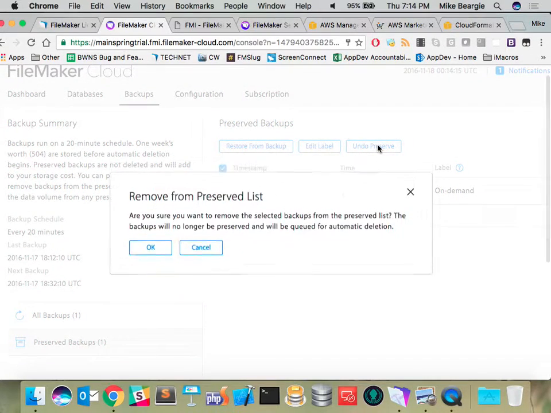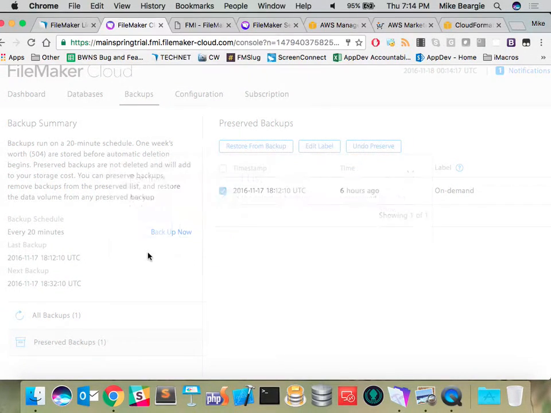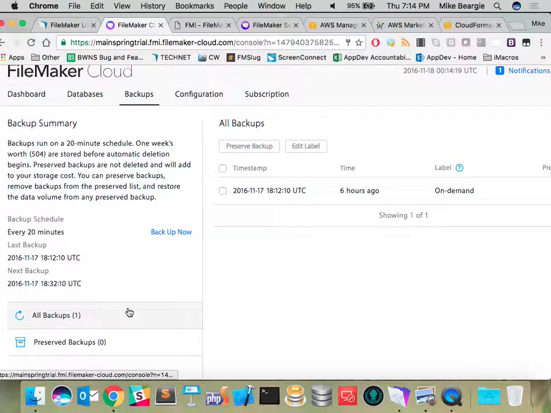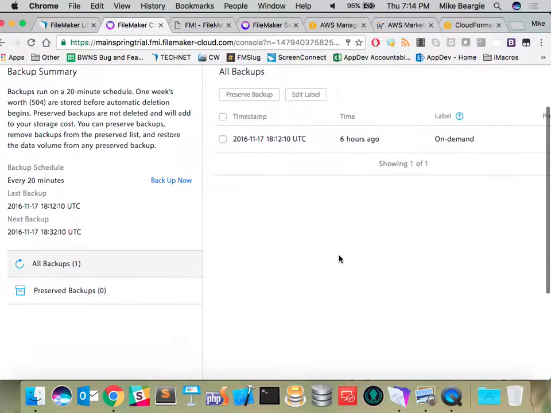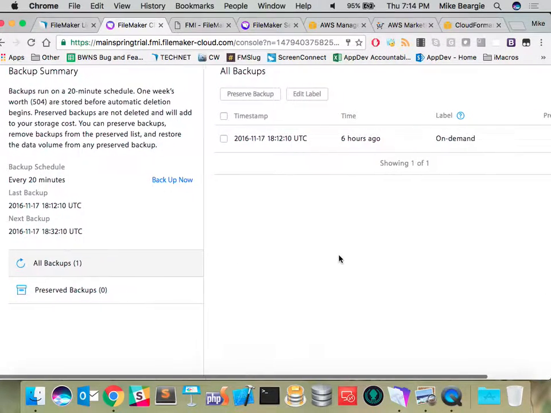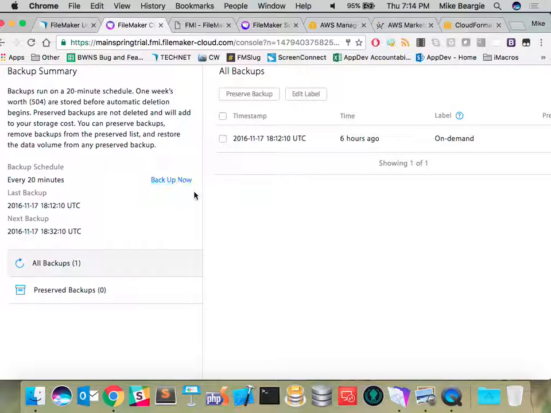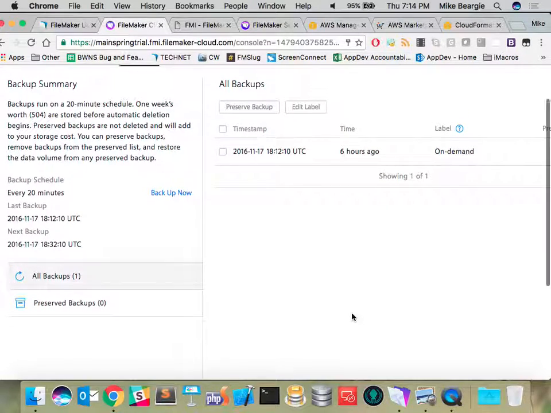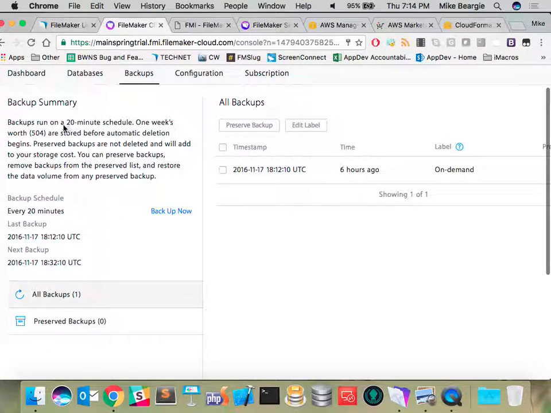So I have one preserved backup here, and I am going to say undo preserve. Oh, okay. So, removed it, and now it will go back into all backups. So when you click Backup Now, it's automatically going to preserve a backup for you. That's just like saying, I just did a whole bunch of development work or something, I want to make sure to save it. Now you can come in here, just do Backup Now. It'll grab all of your files, throw them in. But it counts against your storage space. The incremental backups